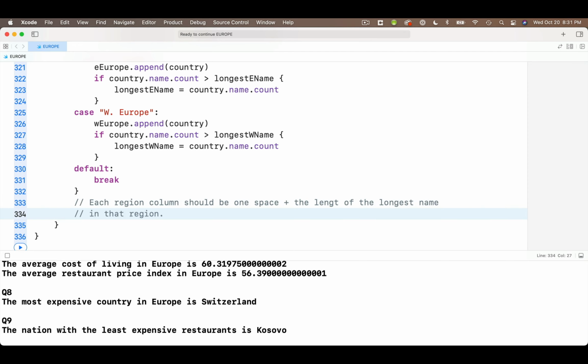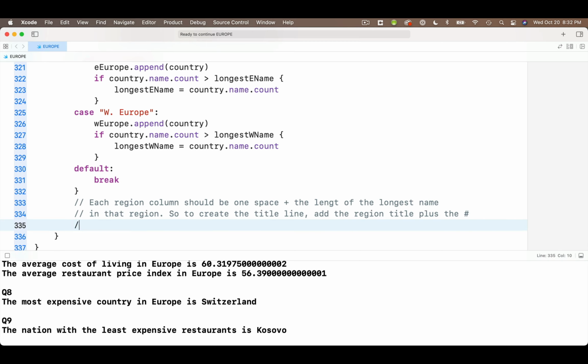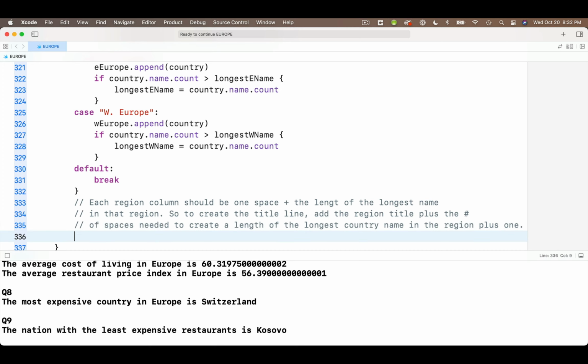Now below this, each region column should be one space plus the length of the longest name in that region. So to create the title line, what we want to do is add the region title, so that's north, south, east, west, plus the number of spaces needed to create a length of the longest country name in the region plus 1. So we'll set that up below with var title, so this is going to print out our title line with north, south, east, west, and the appropriate number of spaces, equal to, and I'm going to write a special function,